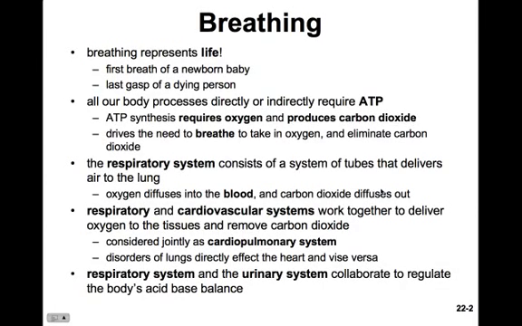In this chapter, we'll be exploring the respiratory system. We'll begin by taking a look at the anatomy of the respiratory system, and then get into some physiology with pulmonary ventilation and examination of gas exchange and transport. Breathing represents life. If you think about it, the first breath of a newborn baby and the last gasp of